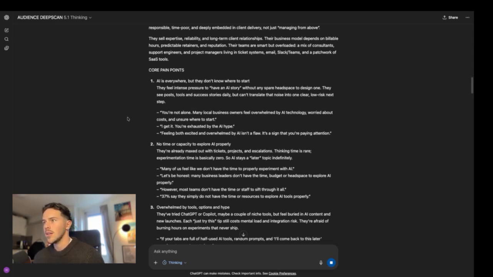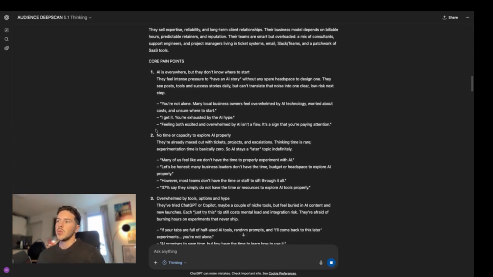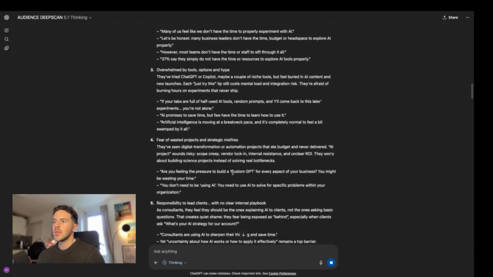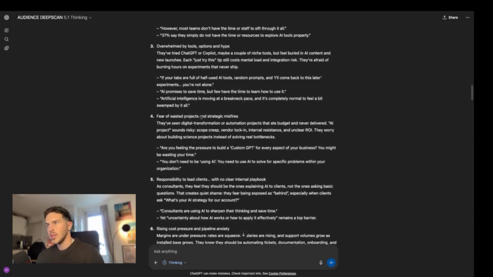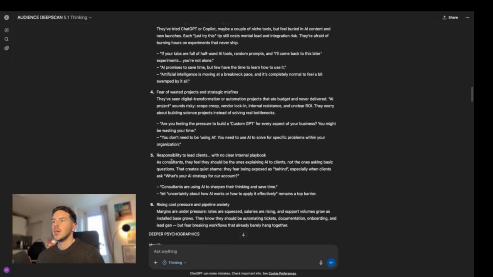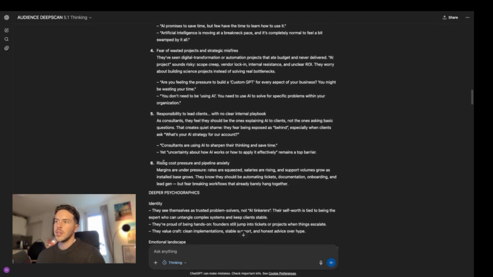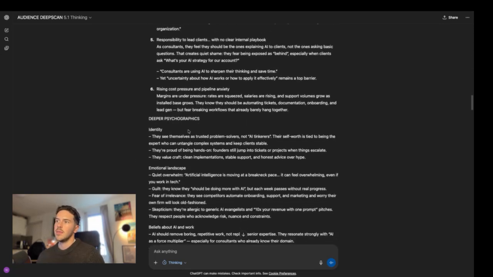Feeling both excited and overwhelmed by AI isn't a flaw, it's a sign that you're paying attention. No time or capacity to explore AI properly, overwhelmed by tools, options, hypes, fear of wasted projects and strategic misfires, responsibility to lead clients with no clear internal playbook, rising cost pressure and pipeline anxiety.